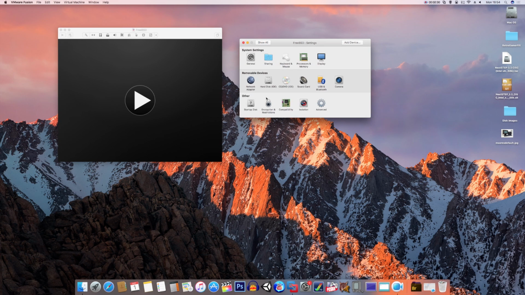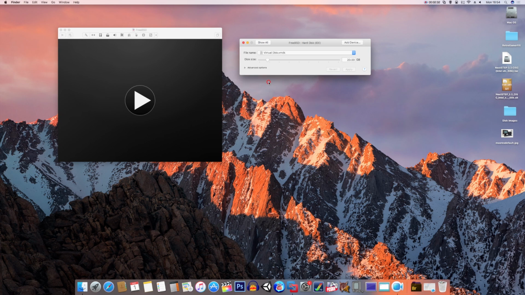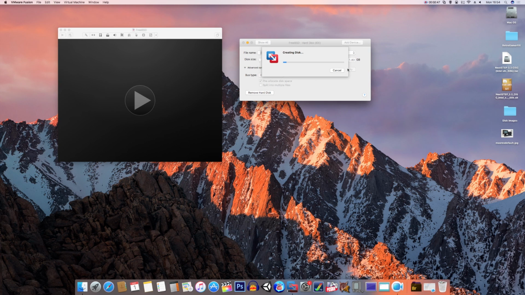Show all. Right, we also need our hard disk to be 1.8 gigabytes. On the advanced options, deselect the split into multiple files and select pre-allocate disk space. Apply. It will now go and create the disk,